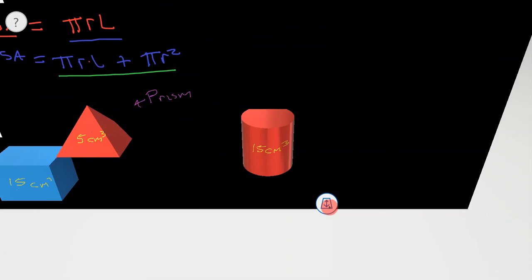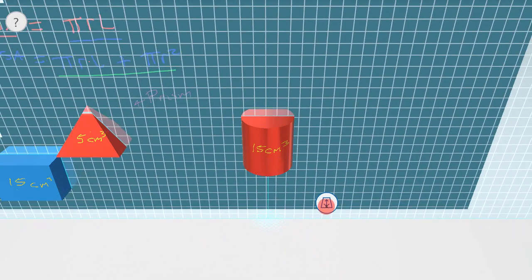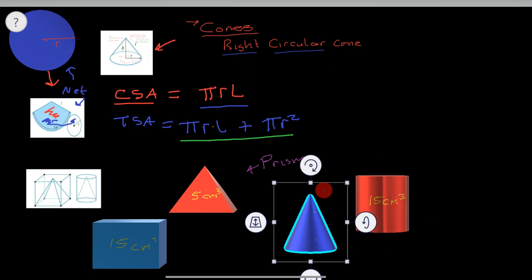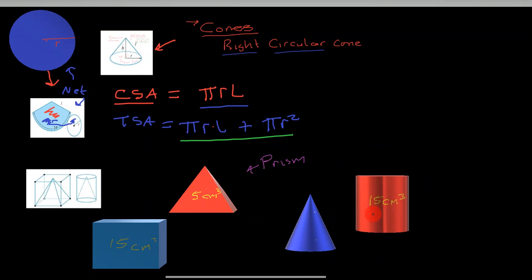Okay, so that cone, you can see there that it fits perfectly inside it. So you can just put it inside of it. I'll just take this out. Again, what he found was that if the cylinder was 15 centimeters cubed, that was the volume or its capacity, then the capacity of the cone was going to be 1/3 of that. So 1/3 of 15 is equal to 5 cubic centimeters. So therefore the volume of this will be 5